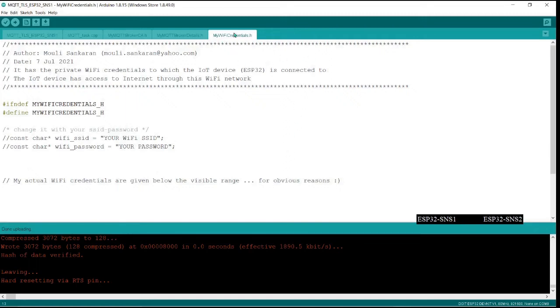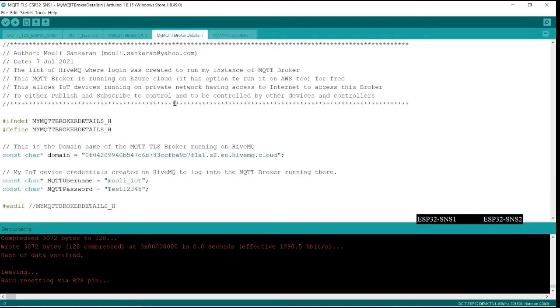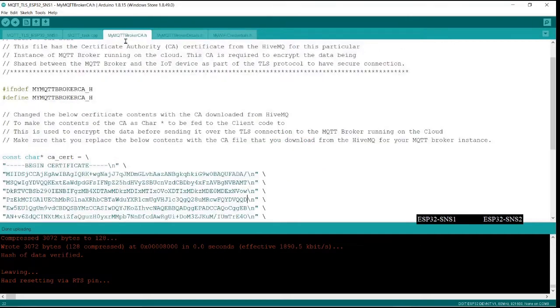Now I hope you understood the Wi-Fi and the credentials used by this client code which is running on the ESP32, the information about the username and password while it is creating a connection with the MQTT broker, and the CA certificate. It's not that it is sending the CA certificate, it is using the CA certificate to encrypt, and then the broker is going to decrypt it using the CA certificate.